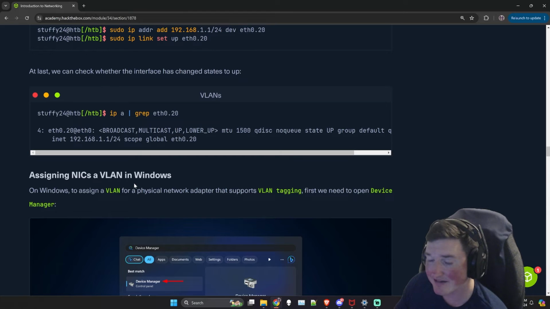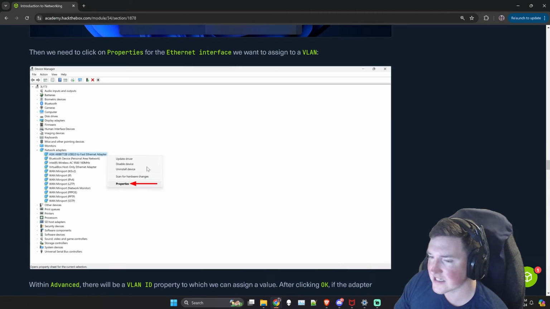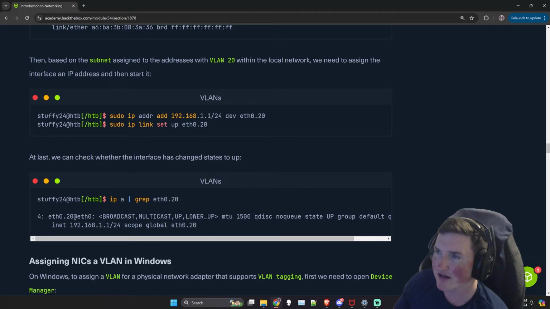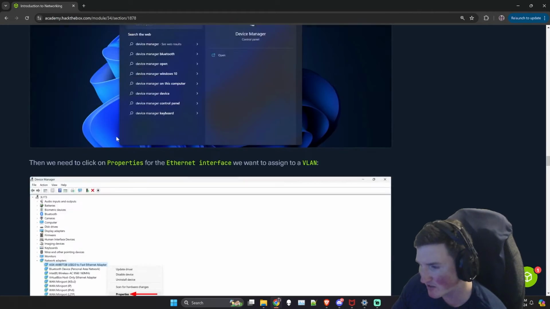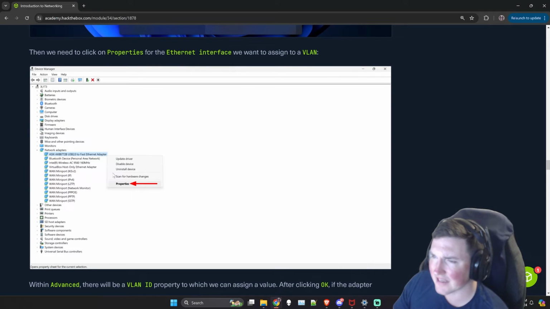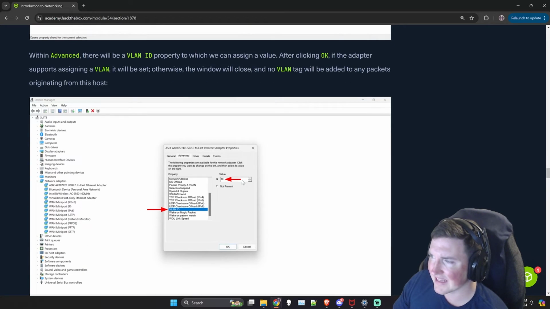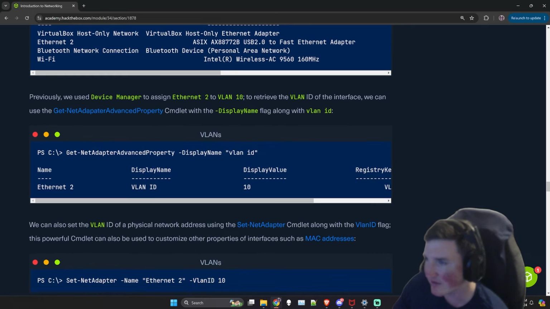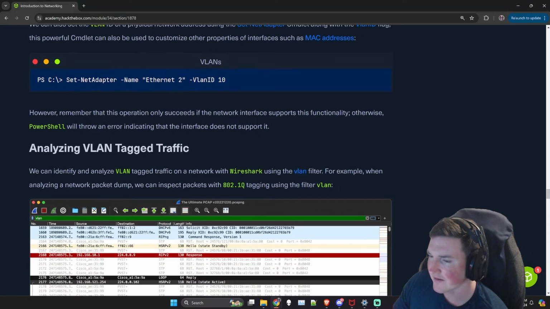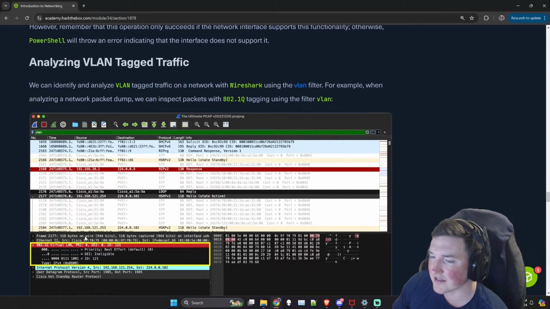So they assigned it. Now, doing this in Windows, you go to Device Manager, and keep in mind, the reason they brought it up here is not every interface is capable of doing this, and that's why they talked about it. Okay, you go to your adapter, you go to Properties, you go to the VLAN ID value, you can change that VLAN ID to whatever you want, right? And then here they're showing you how to do that with PowerShell as well. So you can follow it, change it, do whatever you want. Be careful, because if you don't know what you're doing and you mess up, you'll have to reset your configurations.